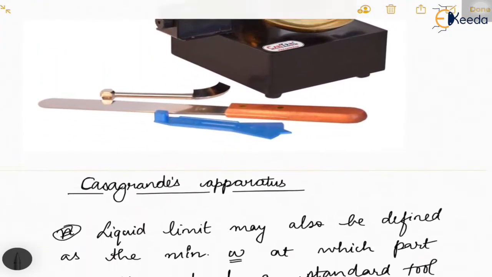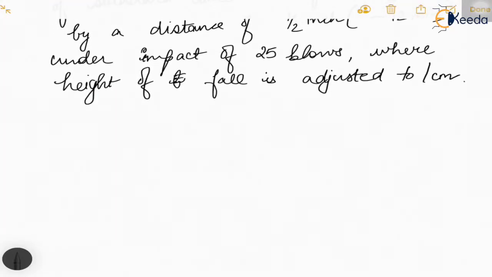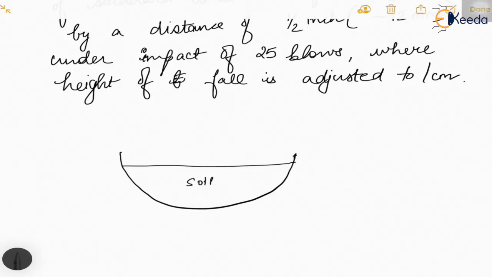So what I have written here, let me quickly draw a diagram. I am drawing a diagram for this bowl. So the bowl may be of this shape. I am taking the cross section. So what happens before the test? The soil sample is taken. It is a dry soil sample which is oven dried at a particular period of time much before, and it is mixed with a certain amount of water. So what happens when you place the soil sample? It is placed like this, correct?